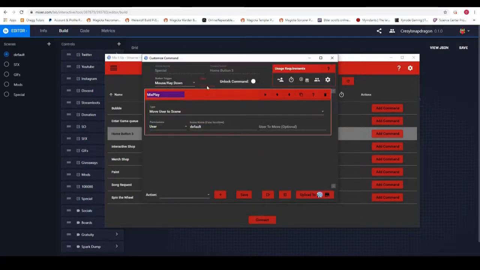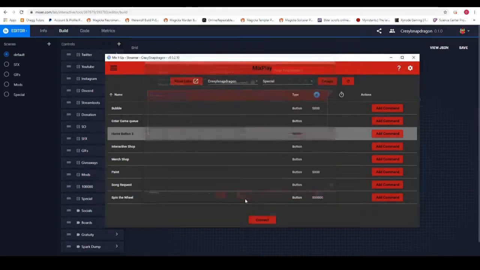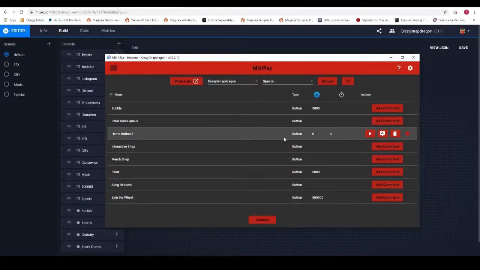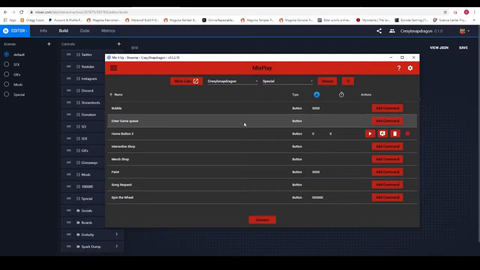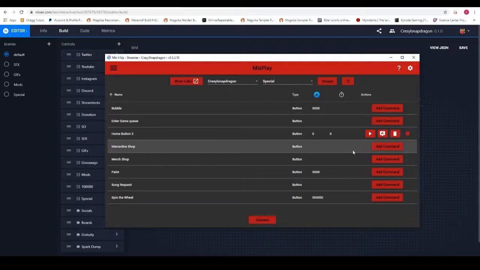You do have to give it a spark cost. I usually just say 0. Okay, so that's going to make it so that whenever a user presses the home button, it takes them back to the default scene. Now we're just going to set up some of our more simple buttons like the interactive